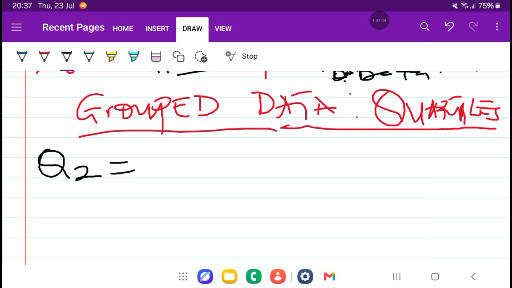We can use letters, then these letters we explain what the letters represent. It's always good to explain the letters you have, as long as the data is